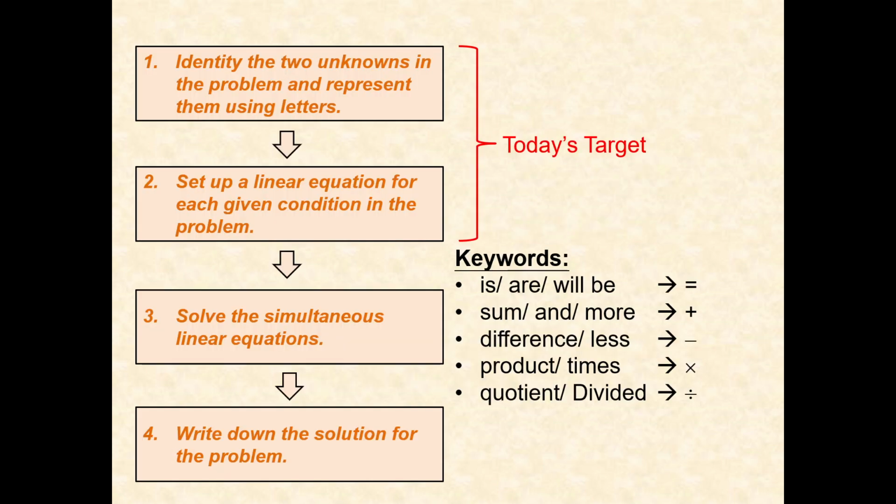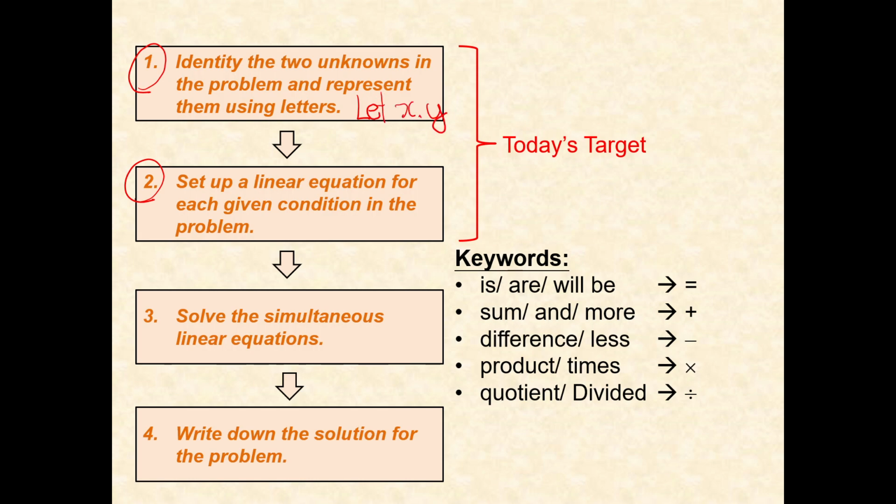Altogether, there should be 4 steps in order to solve one problem, but today we only focus on number 1 and number 2. For number 1, we are going to identify the two unknowns in the problem and represent them using letters. Then that means let x